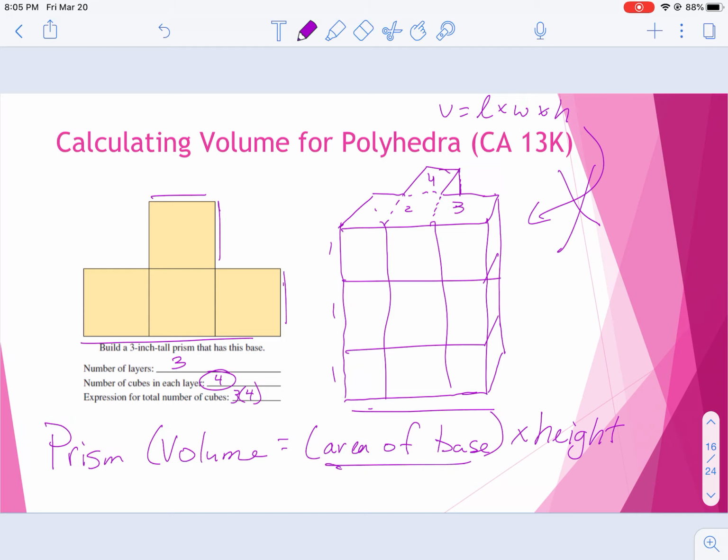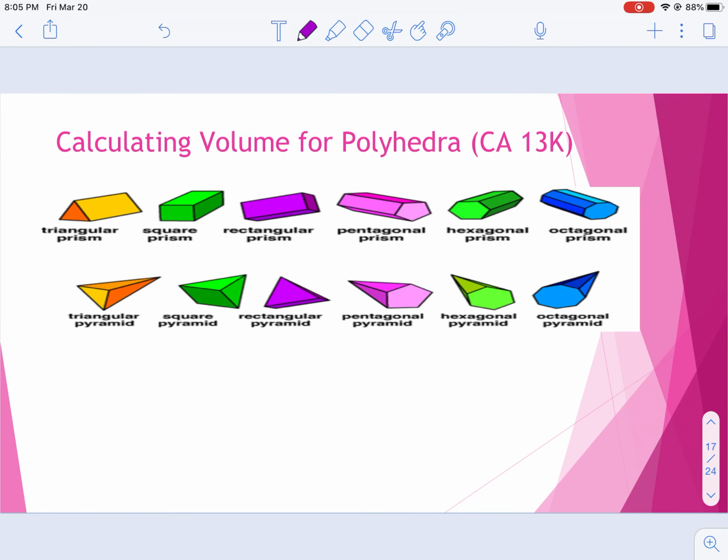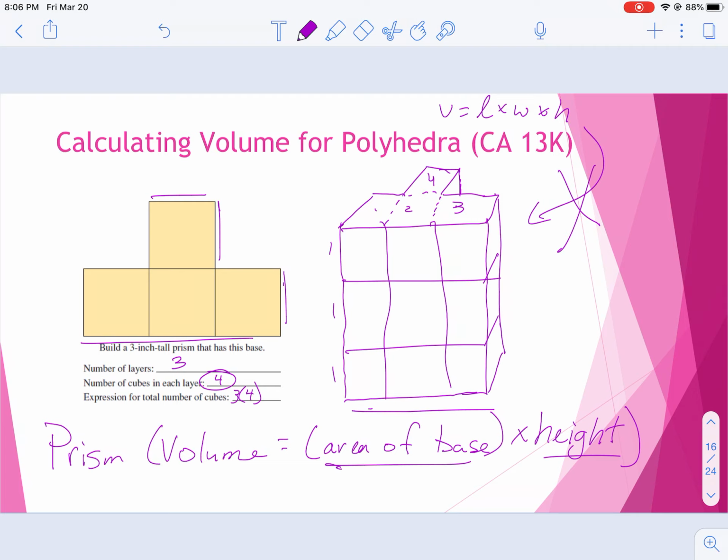And this works great because then I don't have to memorize a bunch of formulas. I just have to memorize one. So these got stretched out on me, but if you look, how do I find the volume of a triangular prism? Well, I need to find the area of this triangle times the height. Now you have to be careful. It's the height of the prism. Maybe I need to correct that here. Times the height